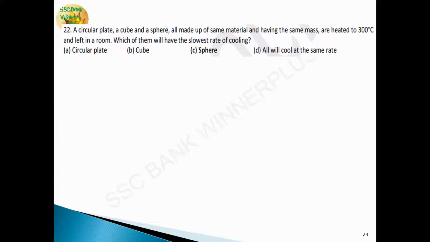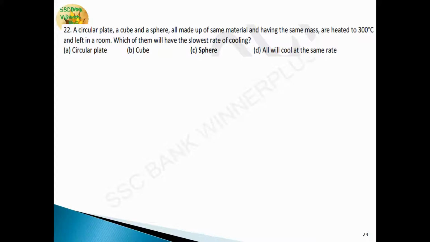mass are heated to 300 degrees centigrade and left in a room. Which of them will have the slowest rate of cooling? So here there are three materials: circular plate, cube and sphere. And we know that the heat transfer, either heating or cooling, depends on the exposed total surface area,